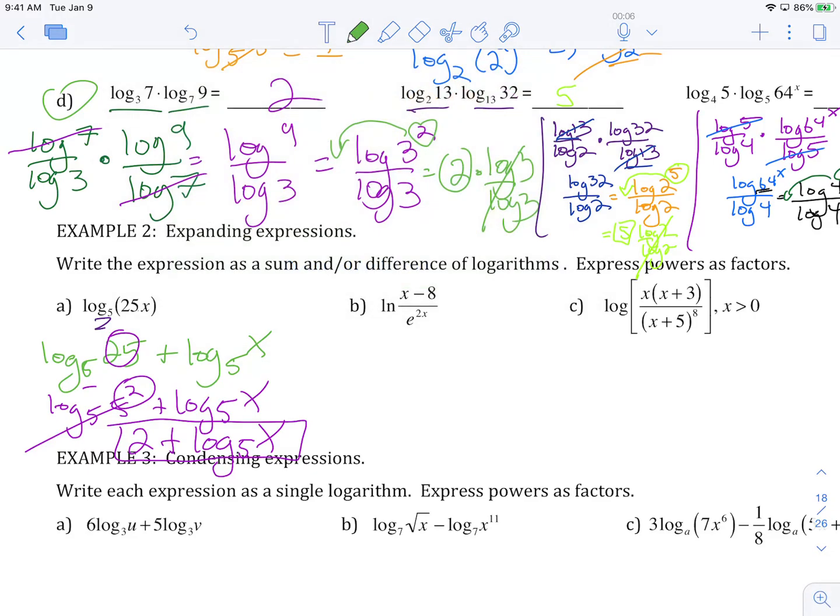Again, you're looking at this answer, you're thinking, well, that's not any more confusing than it was originally. Yeah, I know, but they asked us to expand, and this was what expanding means. You're trying to get it as spread out as much as possible. Okay,